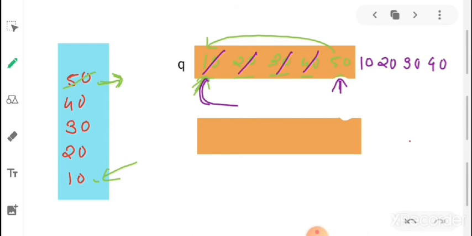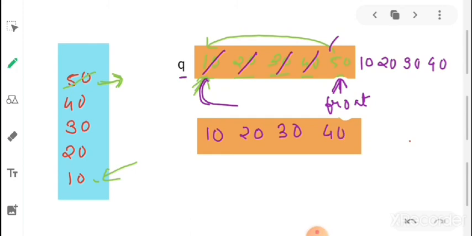Now our queue will point to 50 as the front. So now if we call the dequeue function, 50 will be the one which is dequeued. Now our queue will become 10, 20, 30 and 40.